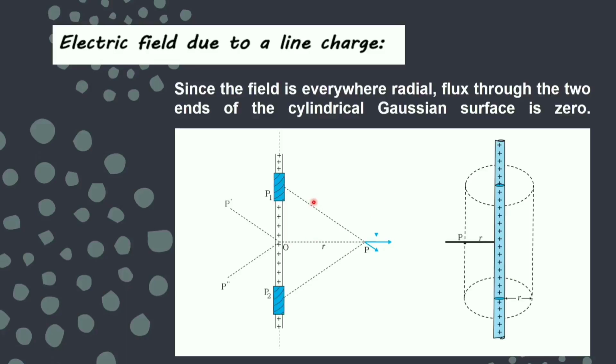That is the simple method. But now if I want to use Gauss theorem, I have to draw a Gaussian surface. The shape of the Gaussian surface will depend upon the shape of the object for which I am finding the electric field. Like for a point charge, I have taken a spherical surface. Similarly, if I am having a line charge, I have to take a cylindrical surface. The surface should be symmetric, of course. That is the condition for the Gaussian surface. Of course, it is a closed surface. We have discussed all the conditions when the Gauss law can be used or Gauss theorem can be applied.